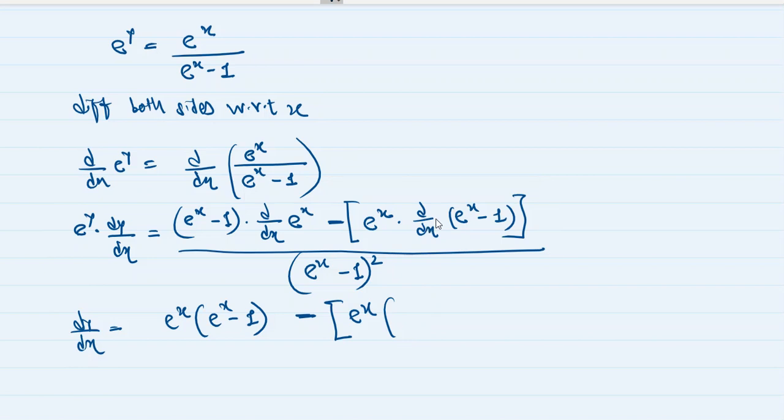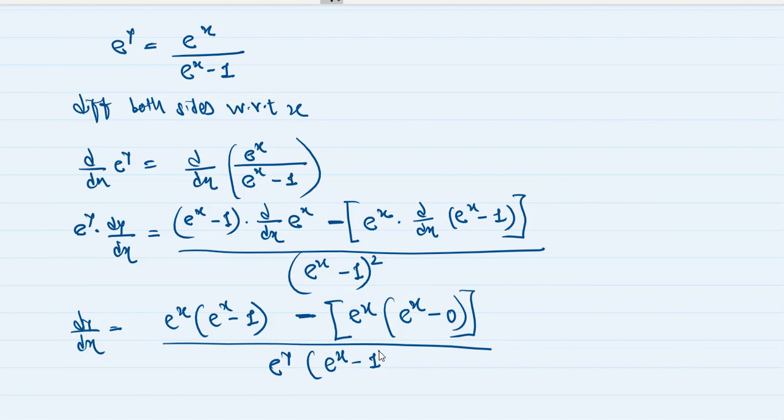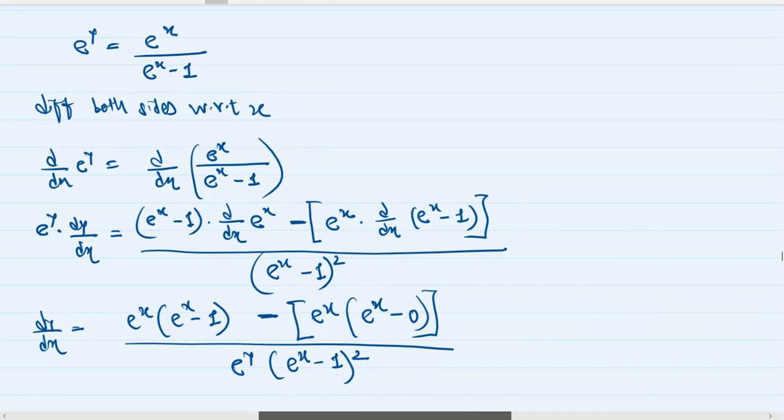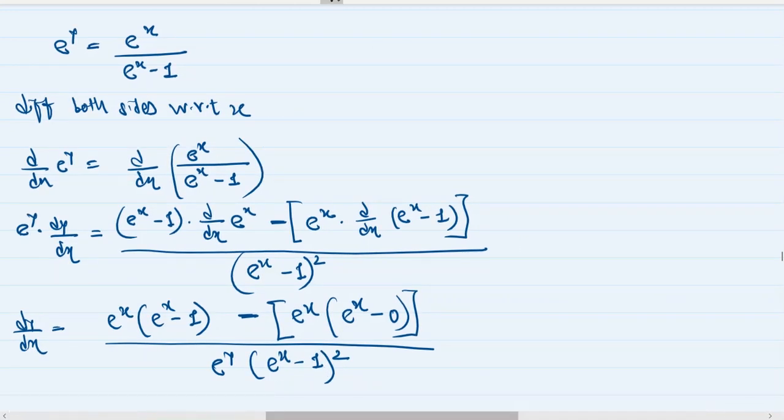Bracket, d by dx of e raised to x is e raised to x, and d by dx of 1 is 0, so minus 0. So here we get e raised to y bracket e raised to x minus 1 the whole square. Simplify, this is easy. I think this method is easier than the one they did, I don't know. So dy by dx is equal to,